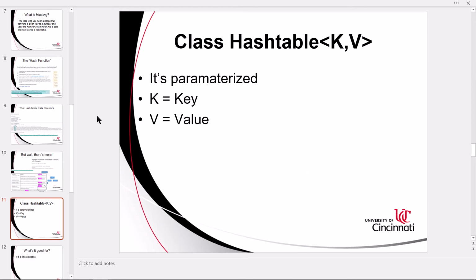Focusing on hash table, it is a parameterized type, a parameterized class. We use K and V because K stands for key and V stands for value. They do not have to be K and V. You can call them P and Q or Sally and Jerry or whatever you want to call them, but typically we use K and V. They're just placeholders. When you declare an instance of a hash table, you'll put legitimate Java types in there. You'll replace the K and the V, and we're going to do that in a second.